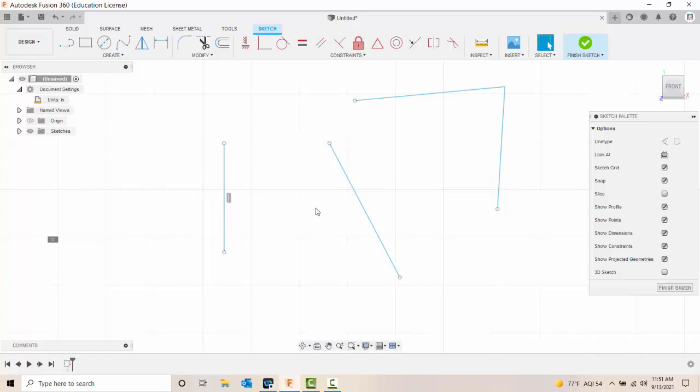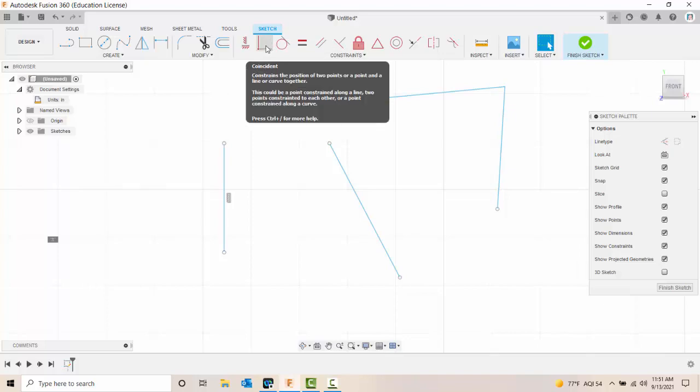So this is a coincident constraint. It's found right here up in our sketch